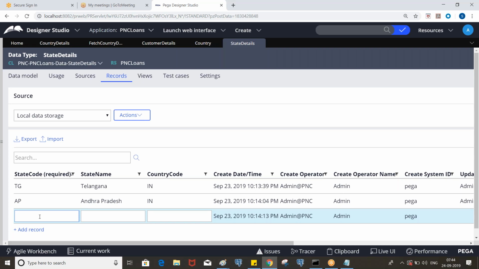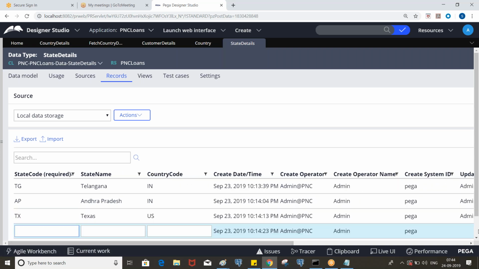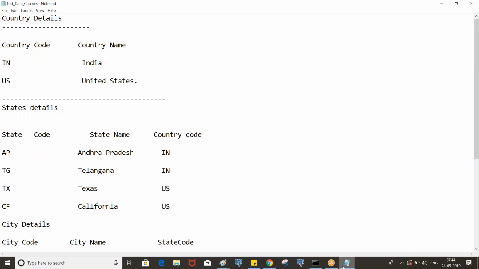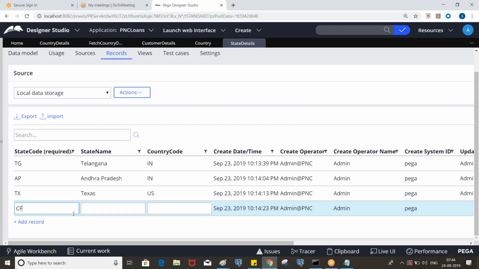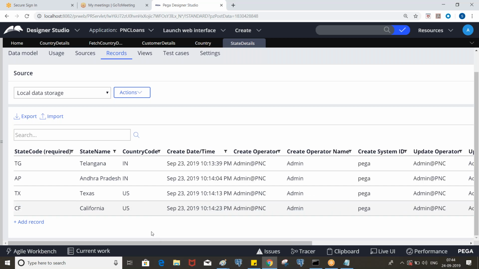We have TX, Texas, belongs to US. And we have a state called California, code is CF. Clear. Both TX and CF belong to US. Here TZ and APR belong to IN.